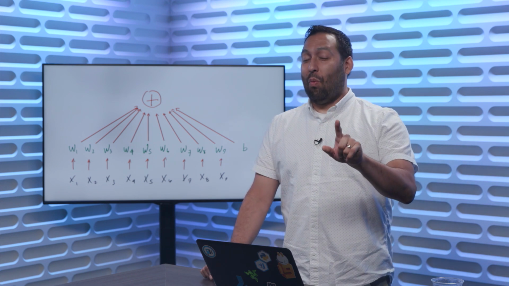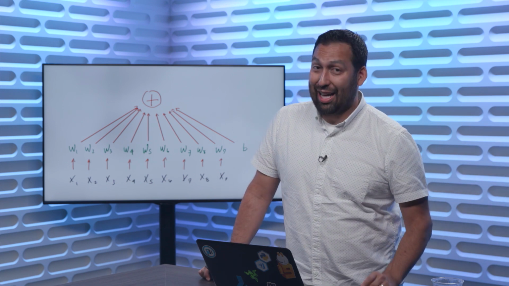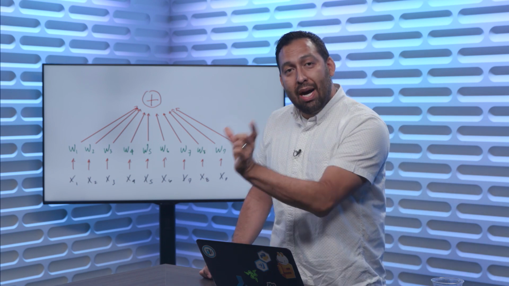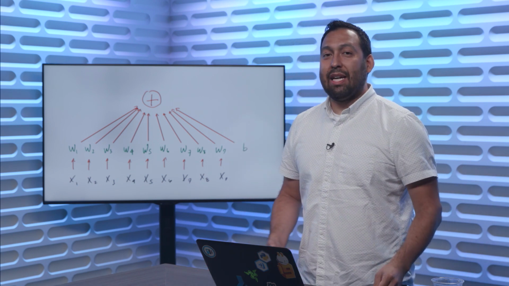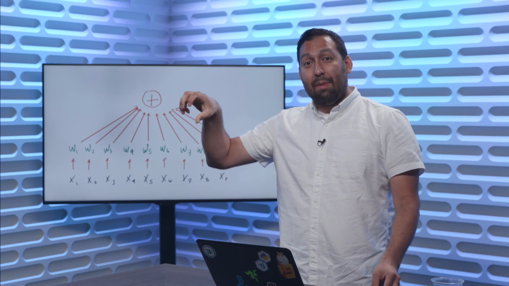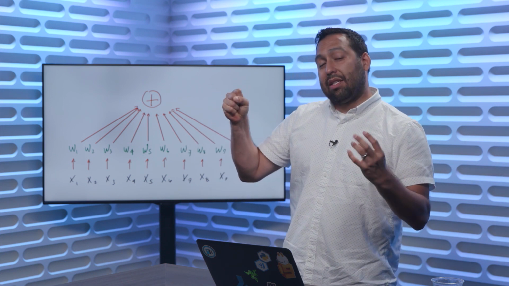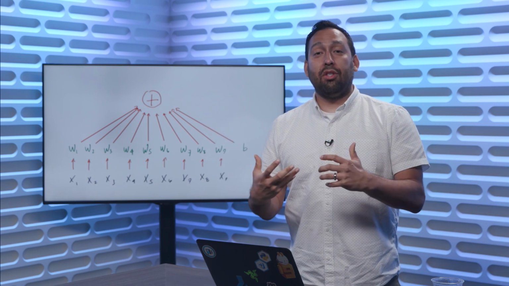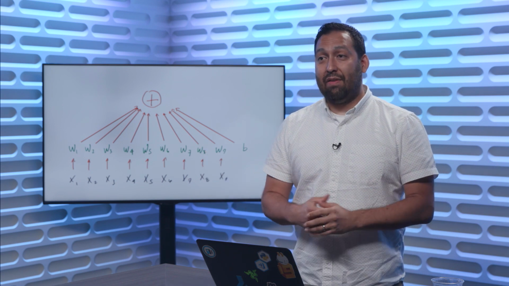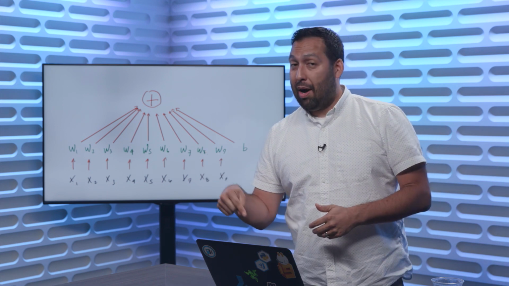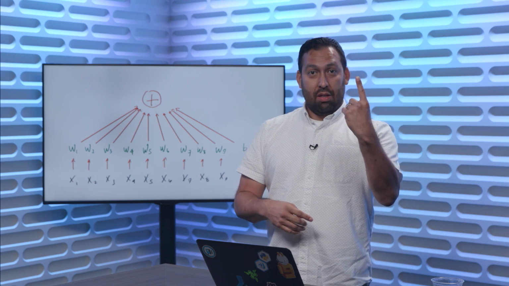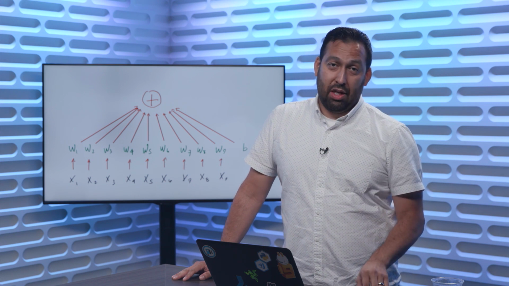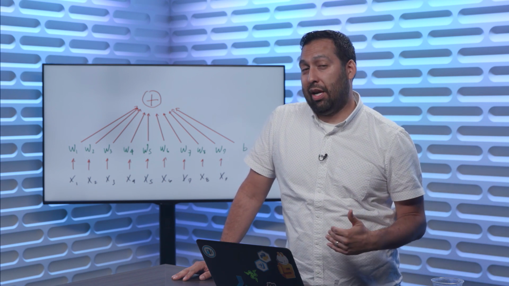But wait, one of you intrepid viewers is thinking, what if the first 3 were 1s and the last 3 were -1s? What's happening now is you're making the bottom negative by adding them all up in a negative way and then adding the top up all in a positive way, and then they fight. And whichever one is larger will come out to be either negative or positive, and if the answer is negative, you guess bottom. If the answer is positive, you guess top. It's pretty easy. Now, any questions out there that you may have, you can't ask me because this is recorded,